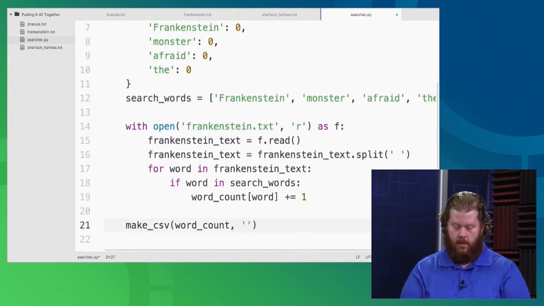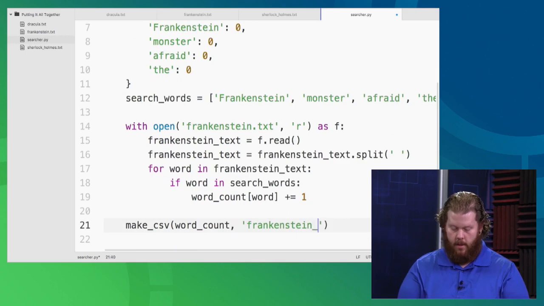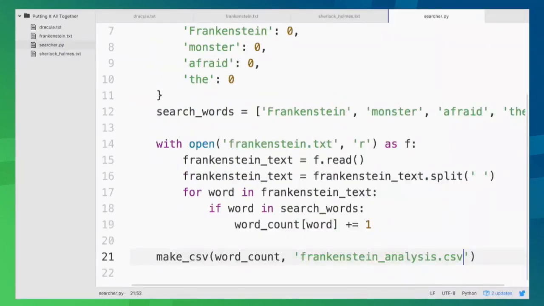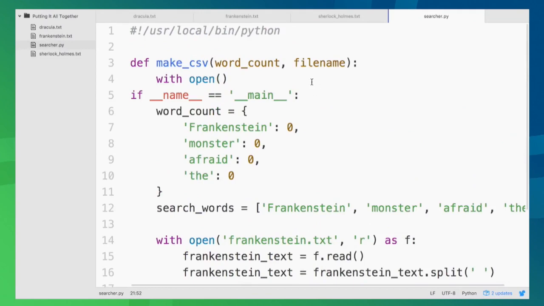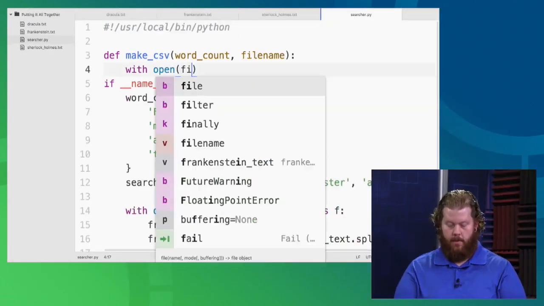And then Frankenstein analysis .csv. Okay, so a comma separated file. I'm going to start with word count. Oh, it's probably easier to have a file name. So when I open this file name